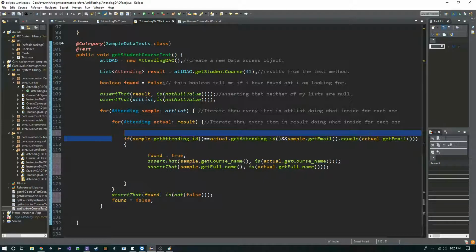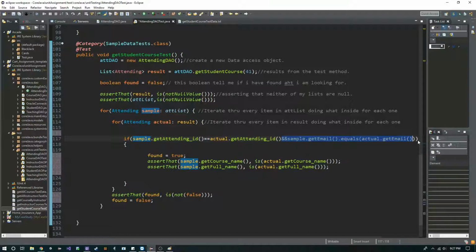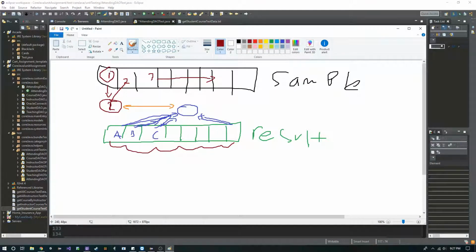Okay. So what I have here is an if statement. If sample.getAttendingID equals actual.getAttendingID. So what I'm going to talk about is just that. What this line is doing is, since I'm checking my sample item with every item in result, I need to